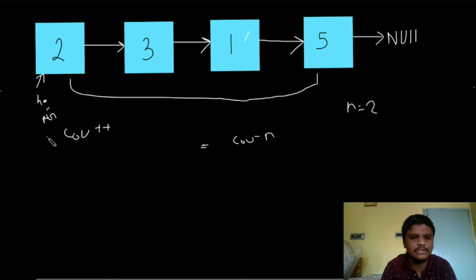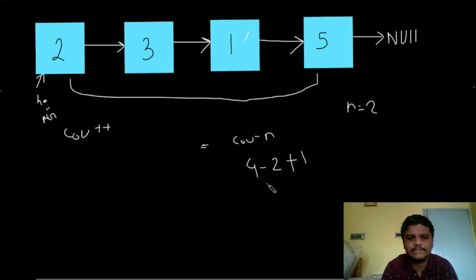Currently our count is 4, right? If you do count equals count minus 2, that is 4 minus 2, now this would give me 2. If you just increment this by 1, then it will give me this position from the start: 1, 2 and 3, and that's what we require to delete.